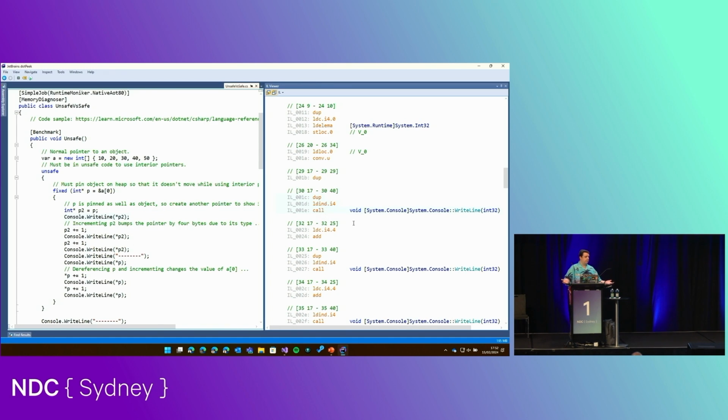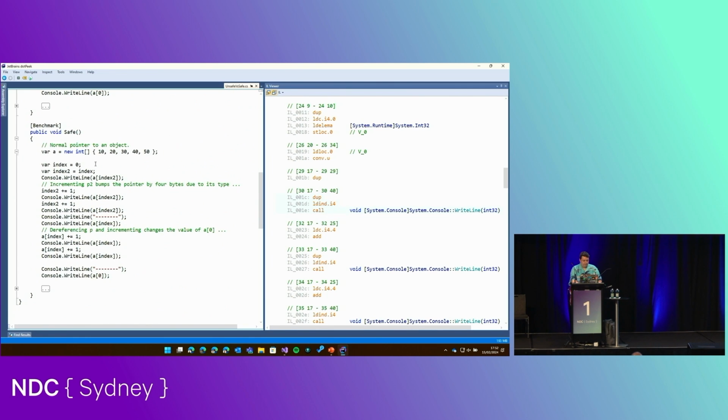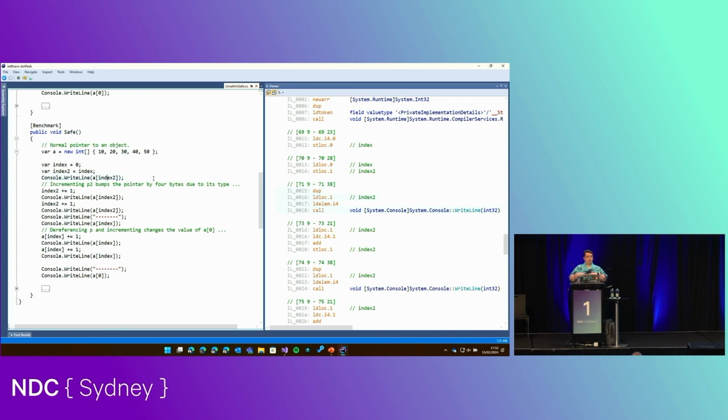It uses the pointer. So when you go to the safe version and you start looking at when you go to an array, here it just loads elements from an array. So this is not using pointers in IL. However, when you start